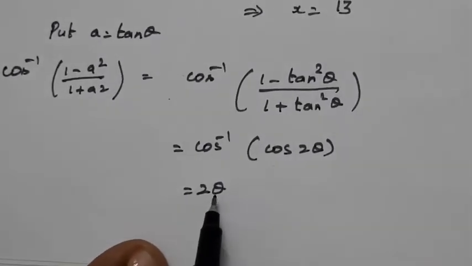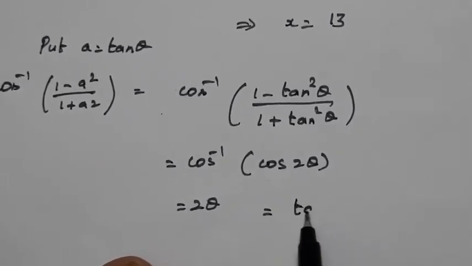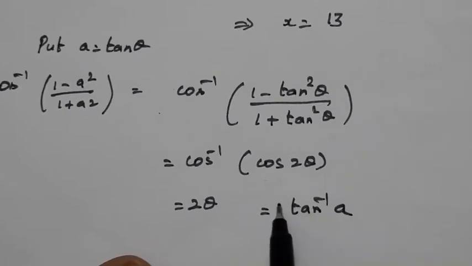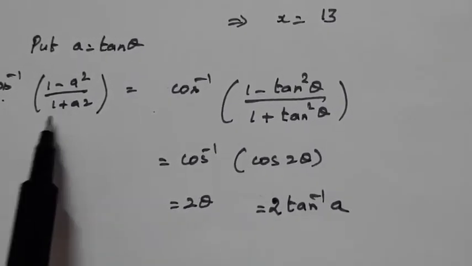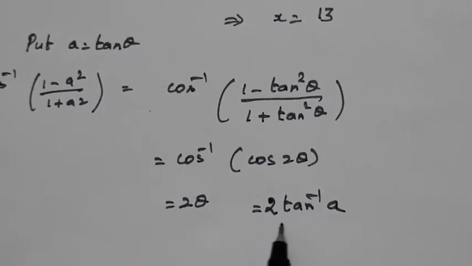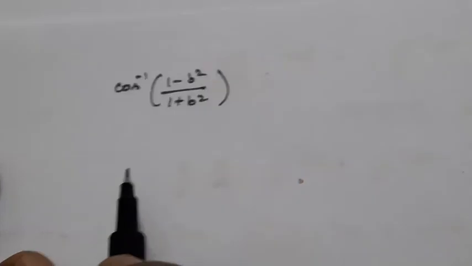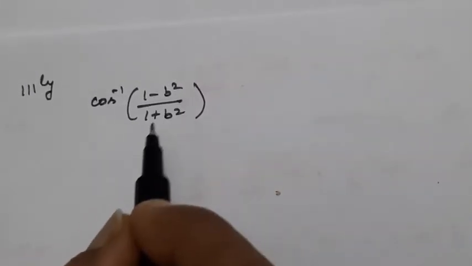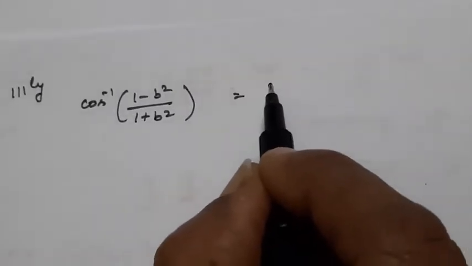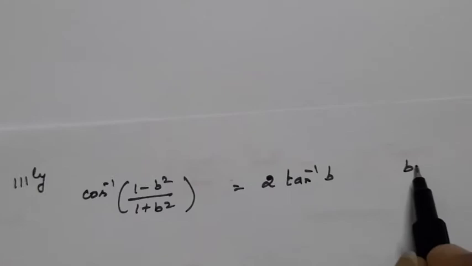Now theta is our assumption, so again you have to replace it. Theta is nothing but tan inverse of a. So 2 tan inverse of a. So the value of cos inverse of (1 minus a squared) by (1 plus a squared) is nothing but 2 tan inverse of a. Similarly, cos inverse of (1 minus b squared) by (1 plus b squared) is equal to 2 tan inverse of b, by taking